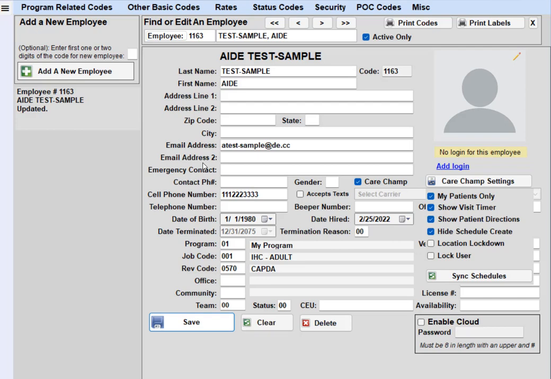The software has automatically generated the password for this account. You can look up the username and password from the report section in Barnstorm. The next thing we'll look at is the Sync Schedules button. This will not be available until the profile has been created. So when you click this button, what it will do is send over any schedules that have already been created for this employee from the care plan